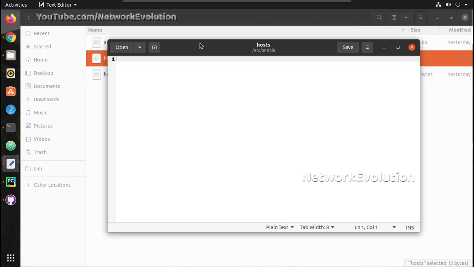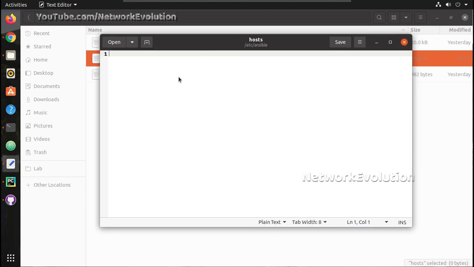Now first thing what we need to do is we need to create an inventory file, so inventory of the routers which we are going to manage. So I'll just create a group here which I'll call as routers. Either I can give the IP address directly here, or I can give a name and then ansible_host equal to my router IP. 0.61 is the first router IP.